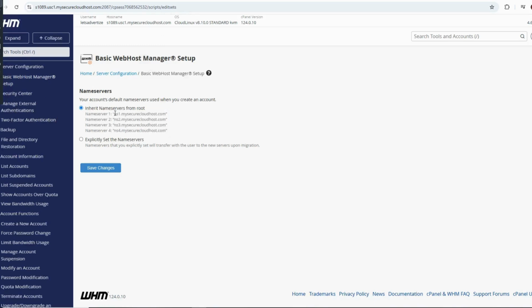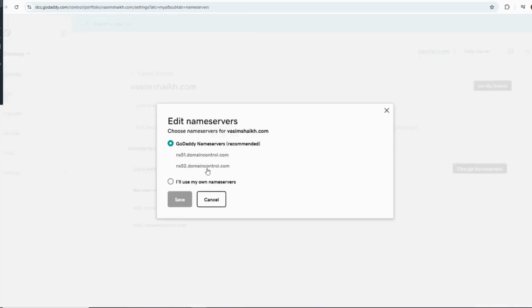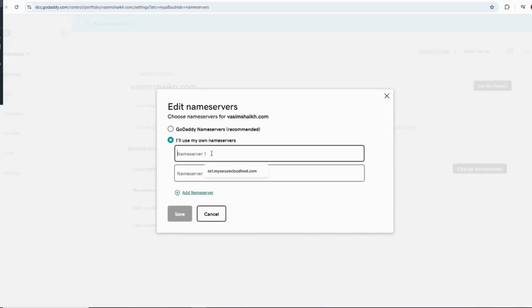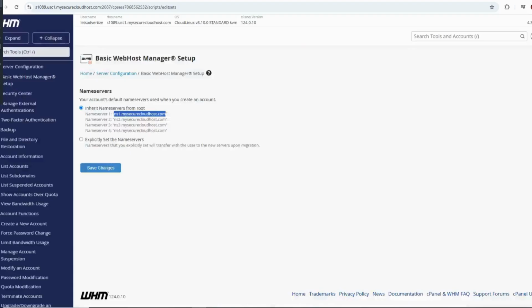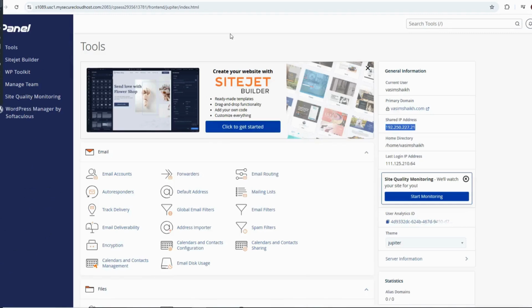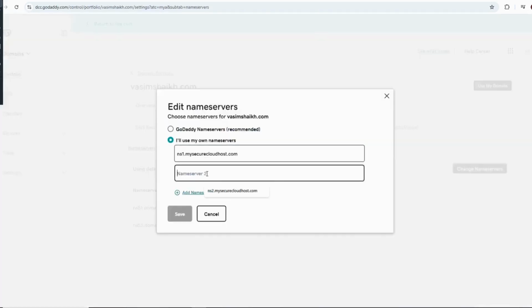These are all my name servers. I'm going to copy the first name server, and over here we need to click on I'll use my name server. The first name server, then I'll copy the second one, and similarly I'll copy all the name servers from my hosting provider,